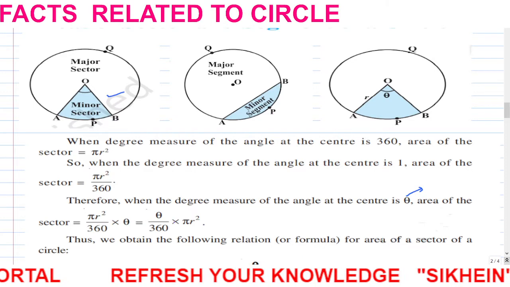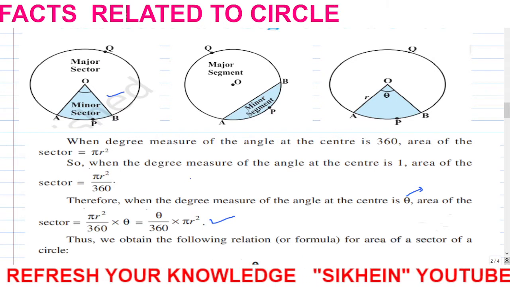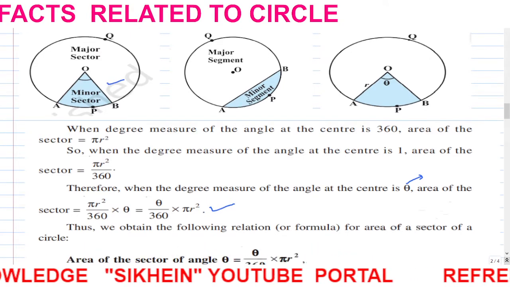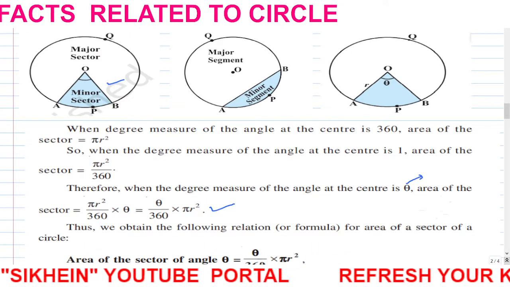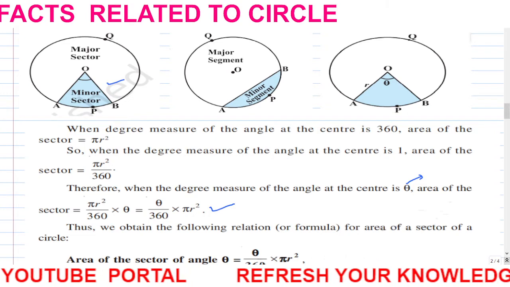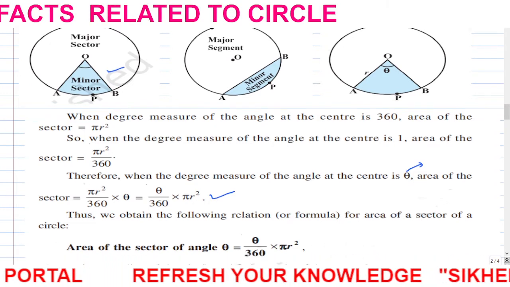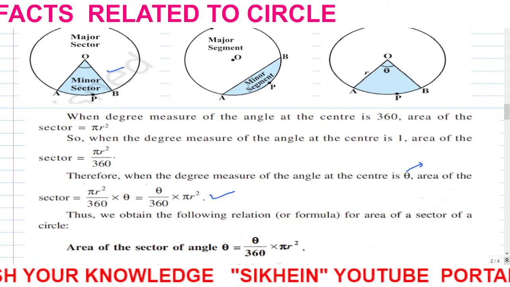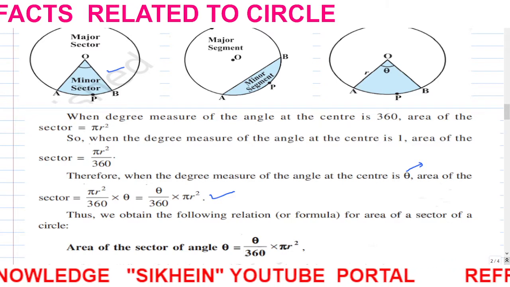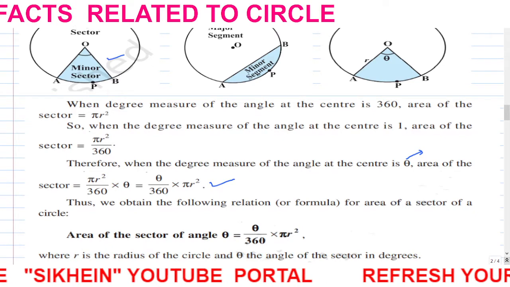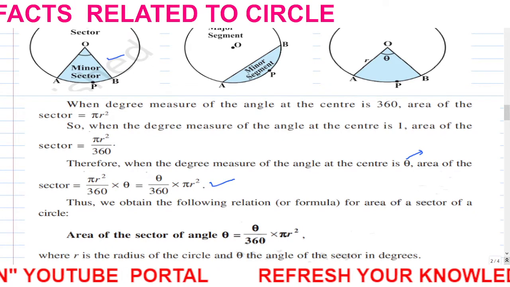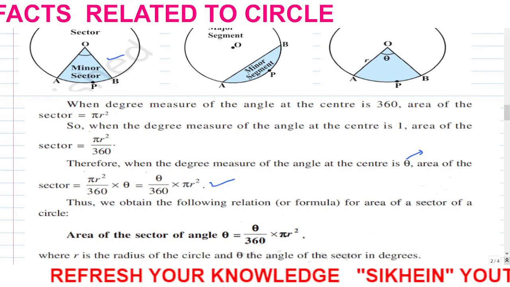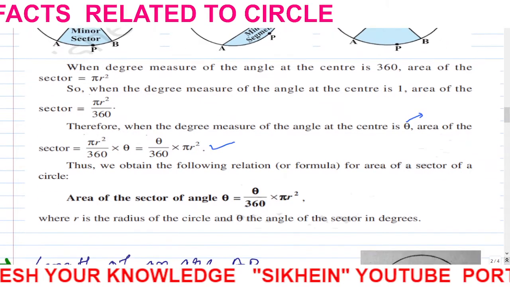It can be written like this. Thus we obtain the following relation, or we can say the formula for the area of a sector of a circle. That means the area of the sector of angle theta is equal to theta by 360 into pi r square, where r is the radius of the circle and theta is the angle of the sector in degrees. Next,